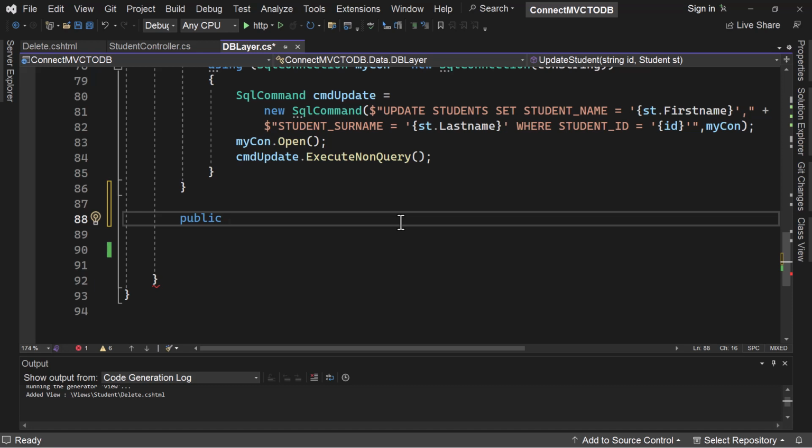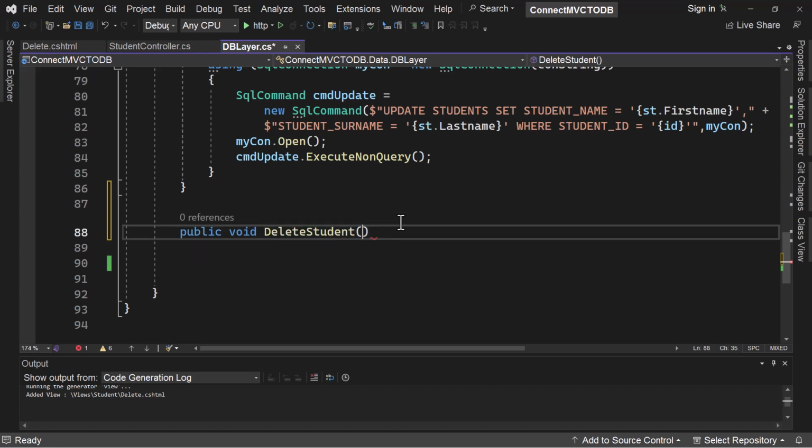So I can either make it a void or an int, to check if any number of records were deleted, but I'll just keep it as void, and I'll call this DeleteStudent. This method takes a student ID, because we're going to delete a student based on their student ID. So string ID,